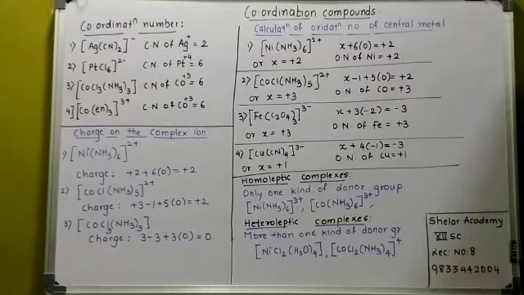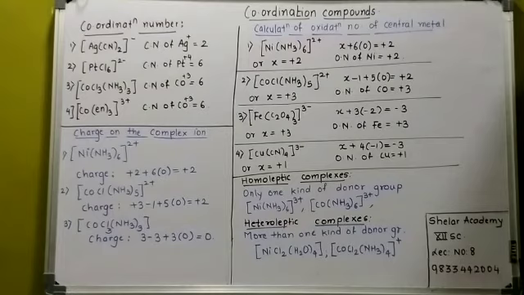Now C2O4, you should know that it has a minus 2 charge. There are 3 of them, so it is x. Third example I am speaking about: x plus 3 into minus 2 is equal to minus 3. So what is the oxidation state? 3. Last example, example number 4: Cu(CN)4 minus 3. So the x of Cu is not known, x plus 4 into cyanide, which is minus 1, is equal to minus 3. So what oxidation state comes? Plus 1. So this is how you can find the charge or oxidation state on the central metal.